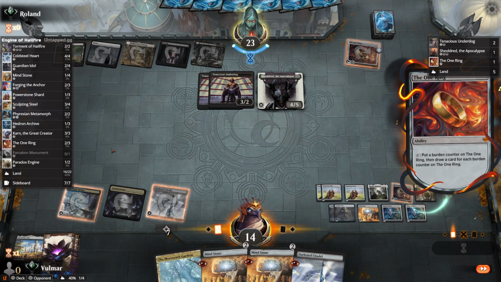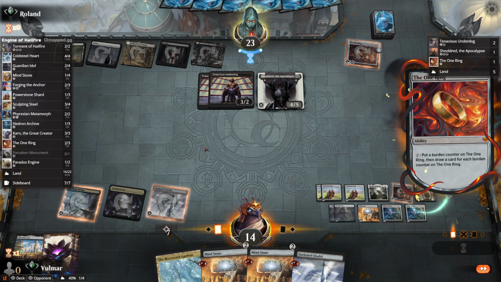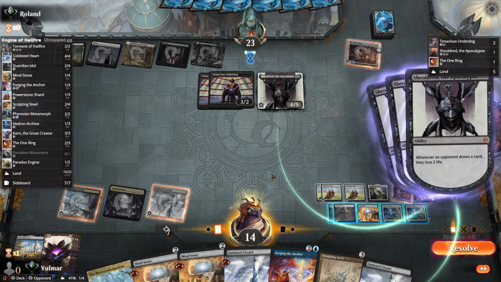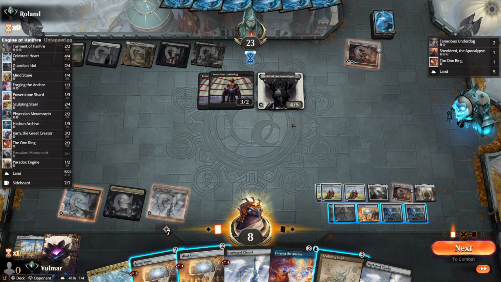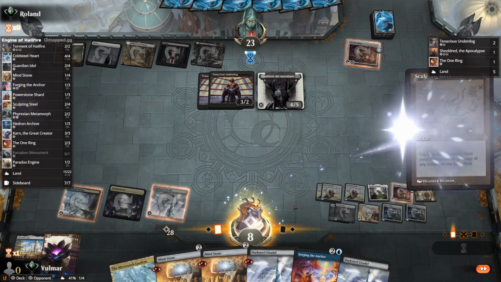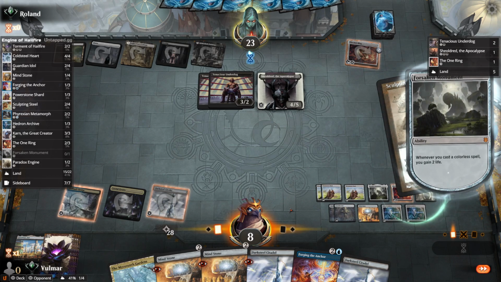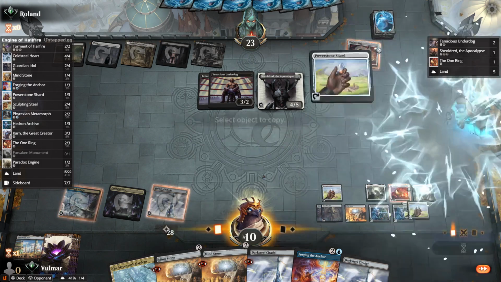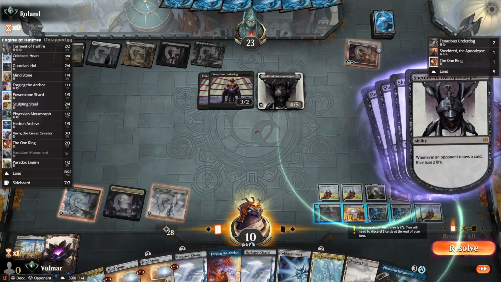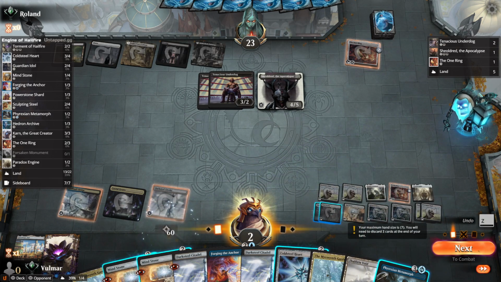To draw more cards, hope we see a Karn. Unfortunately, we don't see any Karn. You're down to 8. But we have enough life for one more go round on the One Ring, and have an absolutely obscene amount of mana to use it with. And in fact, we actually found one of...